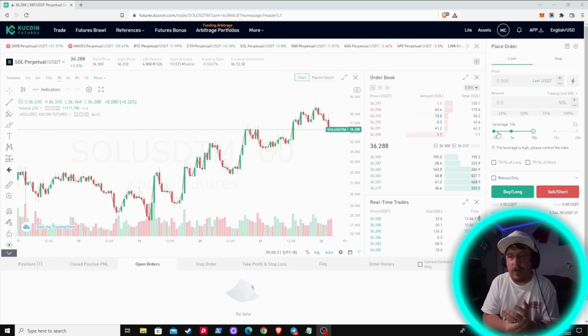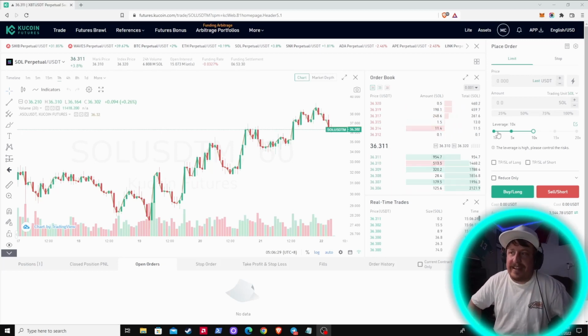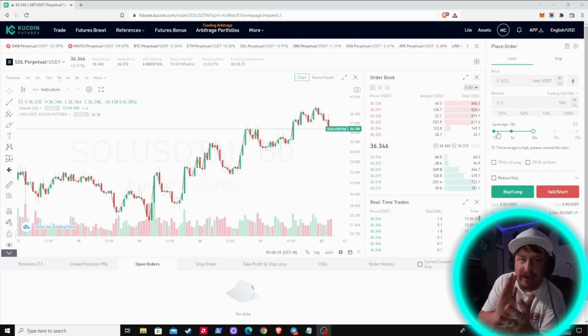Flip side of that, once again, the risk side of that would be that if it goes down that amount, you lose that amount. Now, the other reason why I wanted to show my face was just to also explain this, because this is the important part. The liquidation price that it comes up with is going to be roughly around 97% if it goes the wrong direction on you. And 97% is based on the leverage you're using.